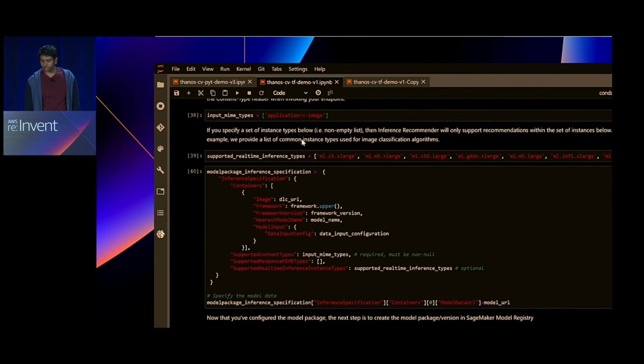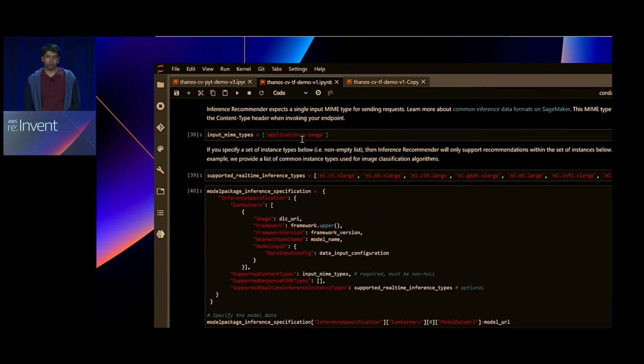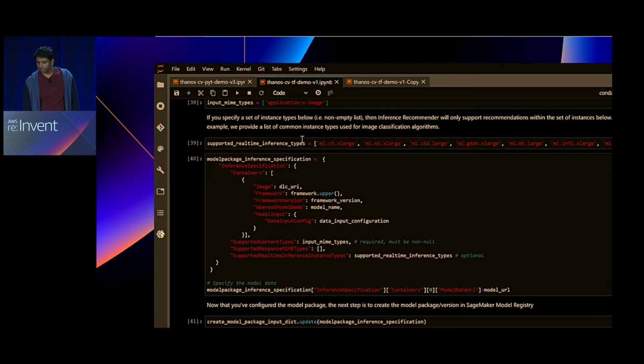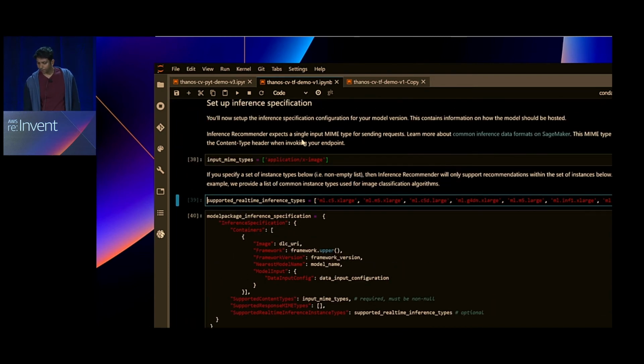And using this, what Inference Recommender does is, if you're testing your model against Inferentia, which requires compilation, or if you want to optimize your model on CPU or GPU, by providing that extra information, it automatically runs those model optimizations in the background for you. And this works across PyTorch, MXNet, XGBoost, and many other model types and frameworks.